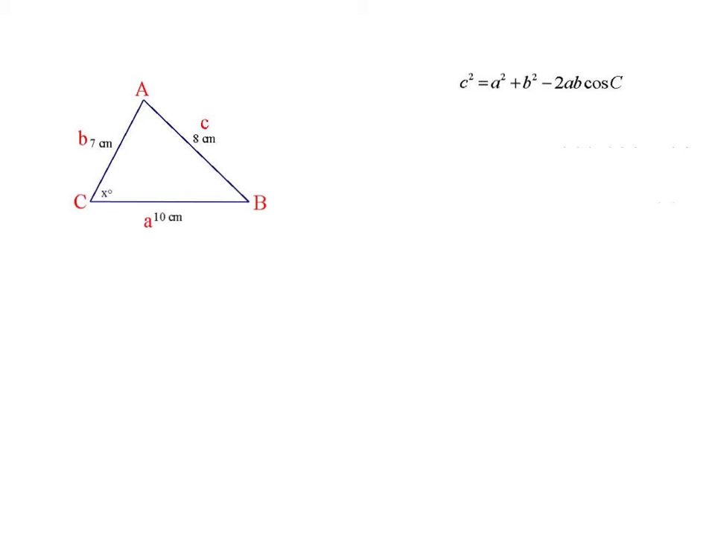Now let's take the formula and substitute in the 7, the 10, and the 8. And that gives us this equation here, where again everything is known except for the cosine of x. So we need to solve for cosine x. So the first thing we'll need to do is subtract the 10 squared and the 7 squared from both sides, which will give us